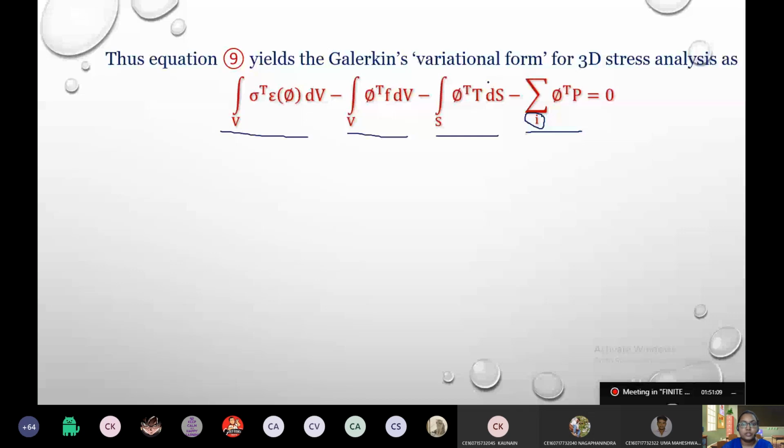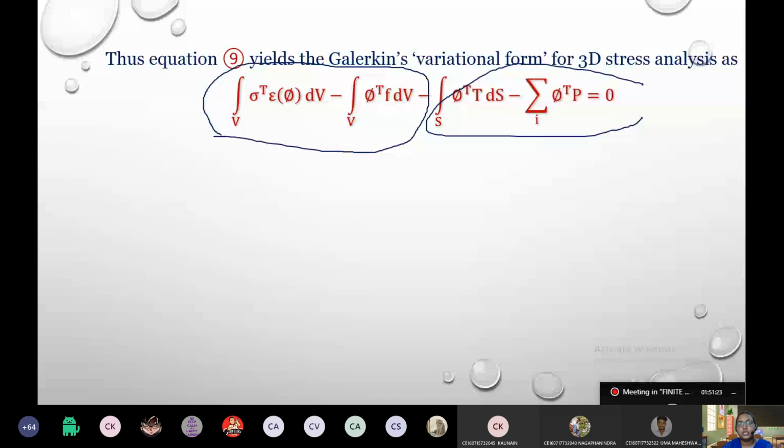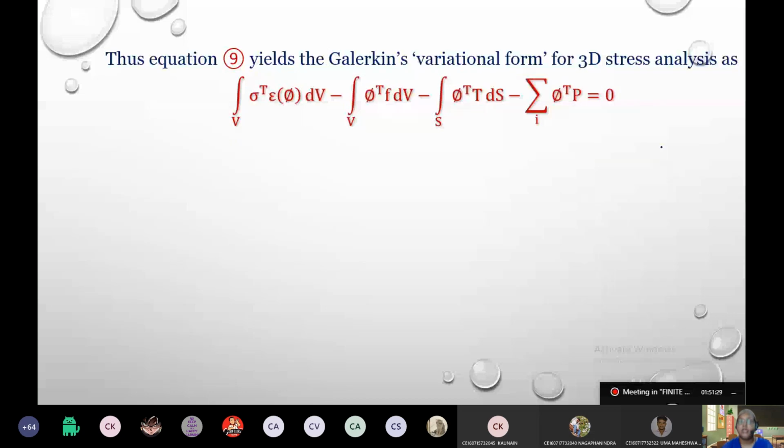All right. Some are internal, some are external. If you see, these both are taken as internal, whereas if the same constraint has to be taken in the potential energy approach, half part is strain energy, half part is work potential, internal and external. All right. Now let us take this as equation number 10.